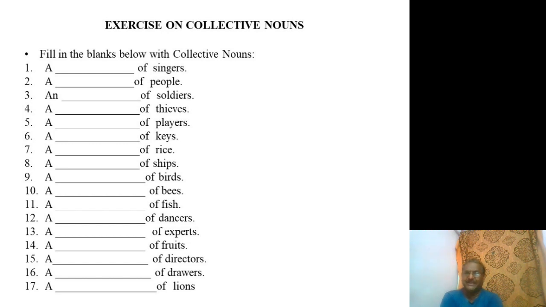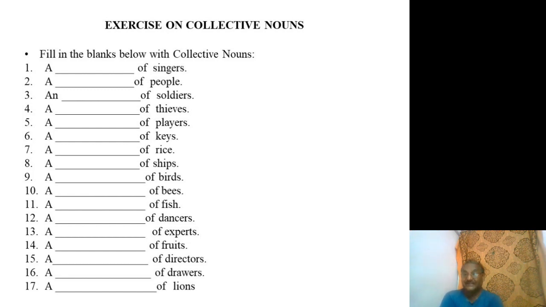Team of players. As I told you already, players. The team is arriving shortly to our Mumbai airport. The team, so the Indian cricket team is arriving. Team is a concrete word that tells about the group. So the team is a suitable word to say the group of players. That's called a team of players.